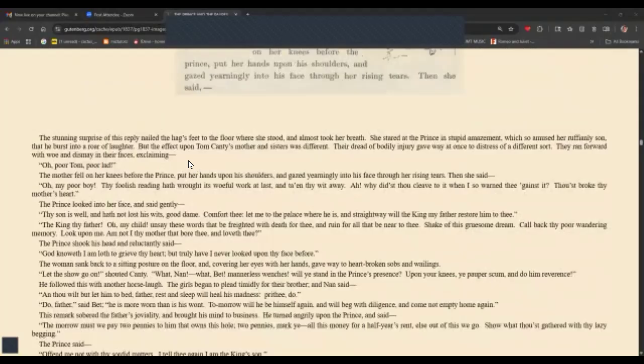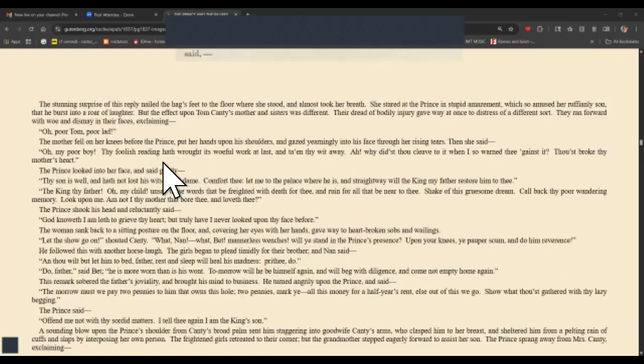The stunning surprise of this reply nailed the hag's feet to the floor where she stood and almost took her breath. She stared at the prince in stupid amazement, which so amused her ruffianly son that he burst into a roar of laughter, but the effect upon Tom Canty's mother and sisters was different. Their dread of bodily injury gave way at once to distress of a different sort. They ran forward with woe and dismay in their faces, exclaiming, "Oh, poor Tom, poor lad!"